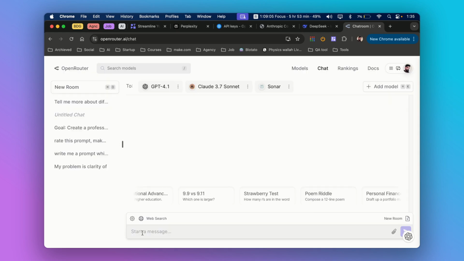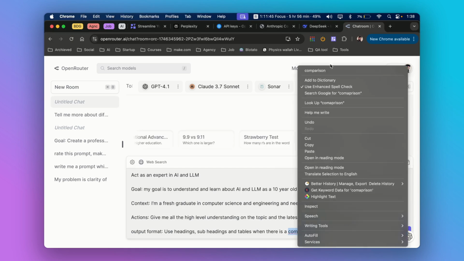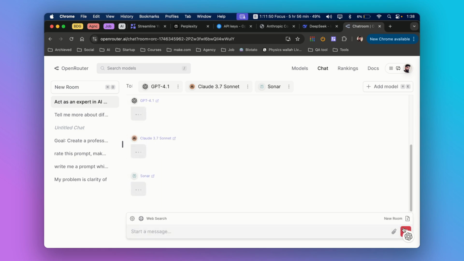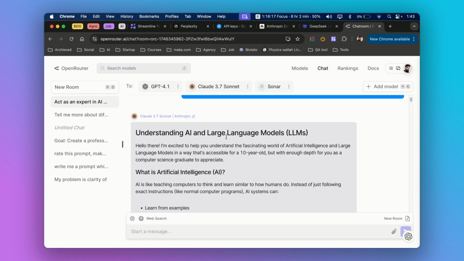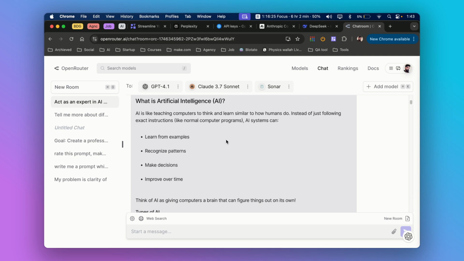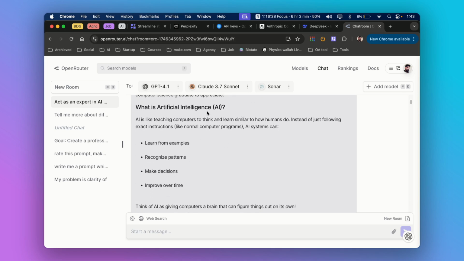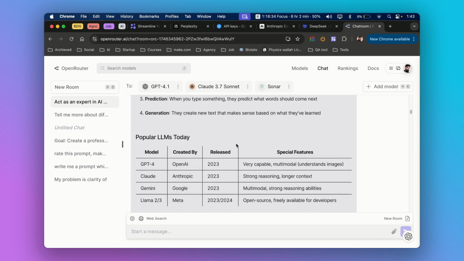Now I want to prompt and see the different responses from each of these LLM models. This is just an example prompt. Let's see how it behaves. I'll press enter. Let's retry. Okay, so we got responses from all these three different models, and let's start with Claude. It gave some high level understanding of what artificial intelligence is, then what LLMs are, their definition, what the